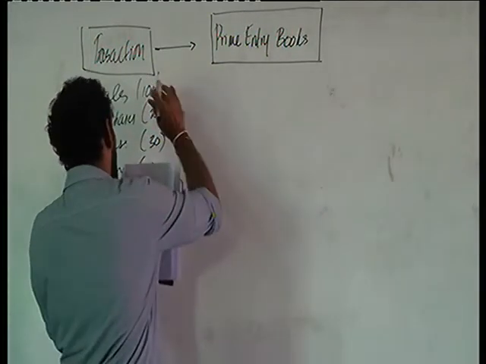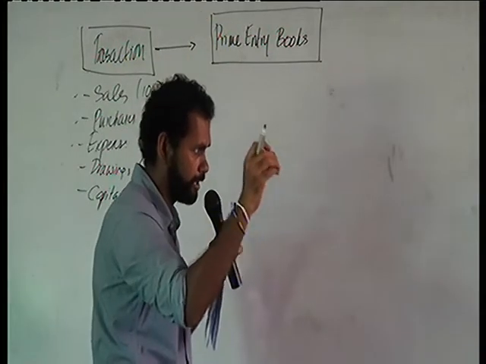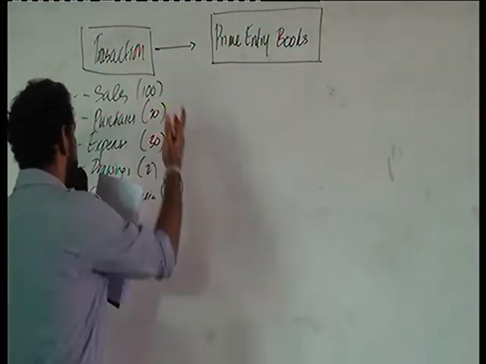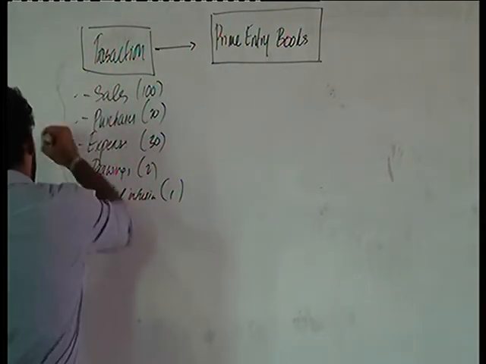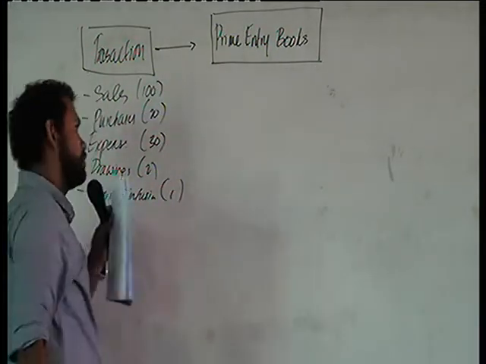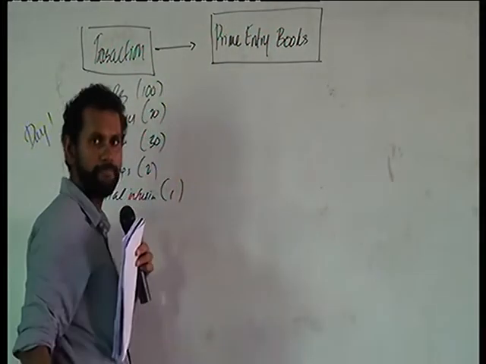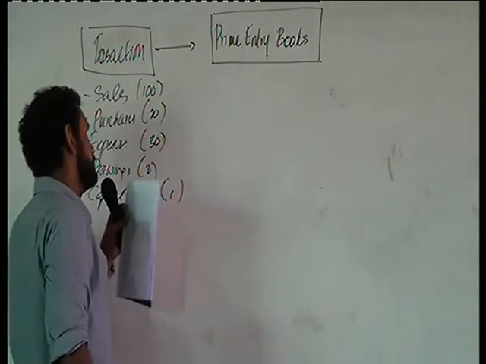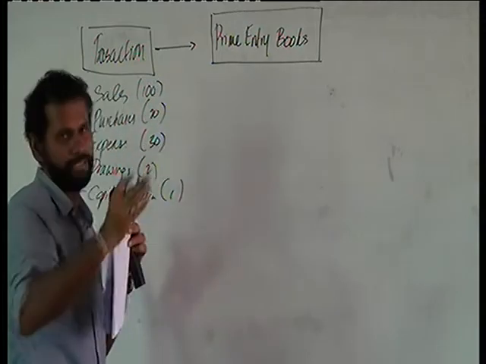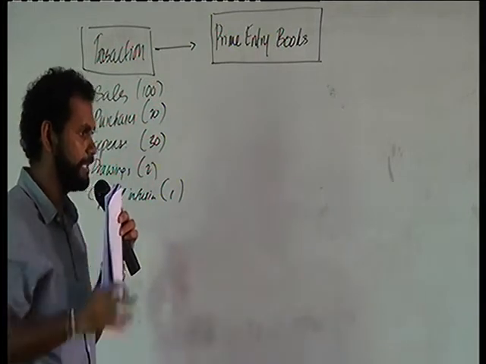So for the moment, keep in mind that all these transactions, as the first point, will be recorded in the prime entry book. For example, in this example we have taken the first day. On day 1, we had 100 sales transactions. These 100 sales transactions will be recorded in the prime entry book relevant for sales. And 20 purchase transactions will be recorded in the prime entry book relevant for purchases. And 30 expenses will be recorded in the prime entry book relevant for those expenses.